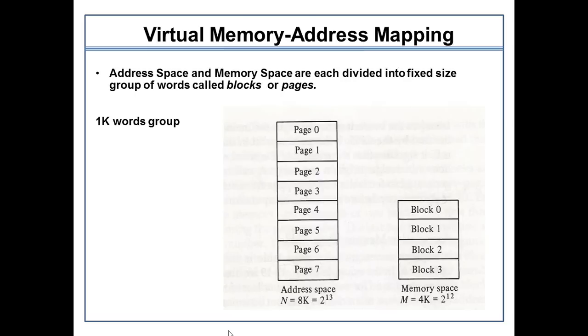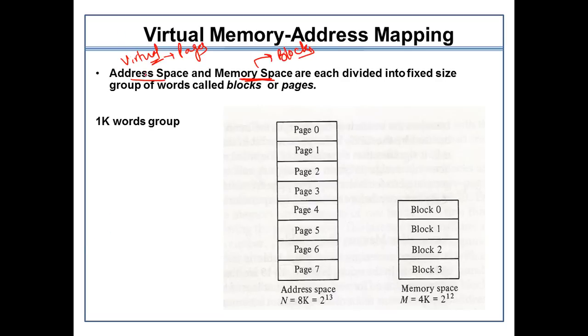So now let's understand about this entire mapping procedure by considering one example. Here I have taken a scenario. Usually the address space, which is the virtual one, consists of data which is stored in the form of pages. And the data which is stored in the memory, we are considering that data is stored in the form of blocks. So this is what the point is.